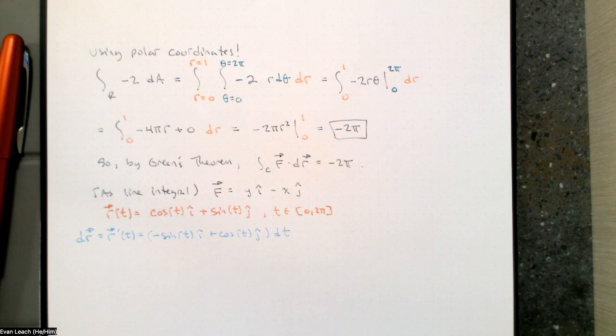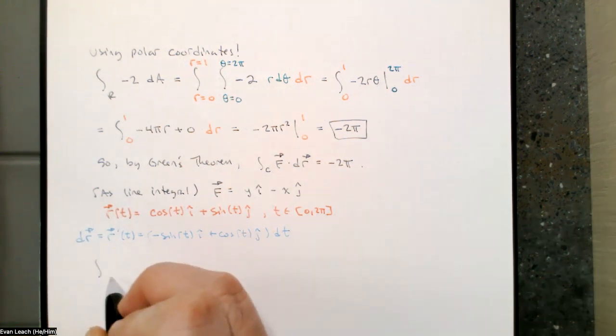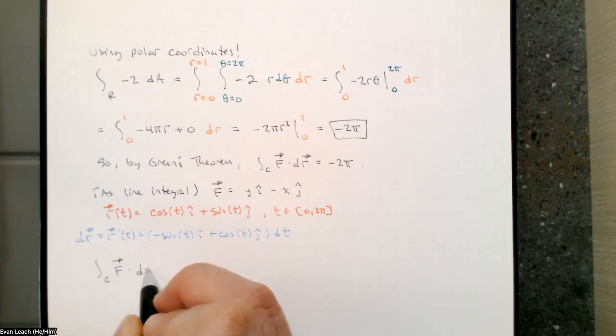So if we want to set this up as a line integral, we'll have to parameterize our curve. And so our line integral, the integral around C of f dot dr,